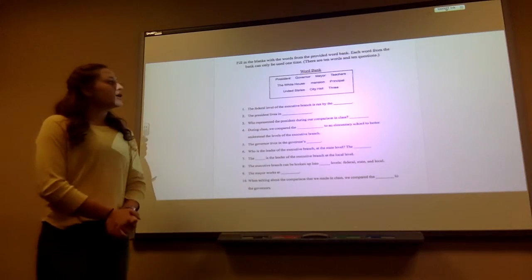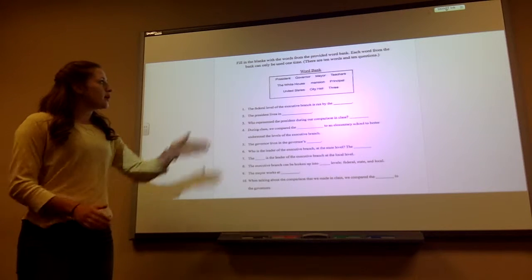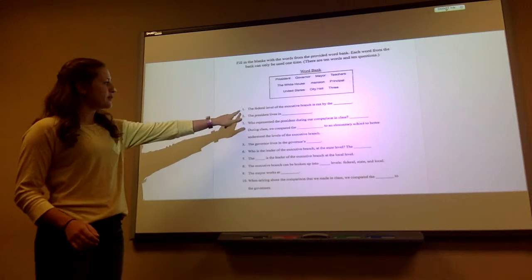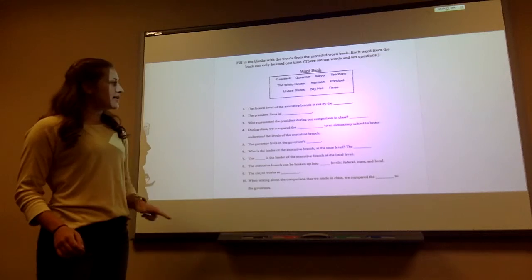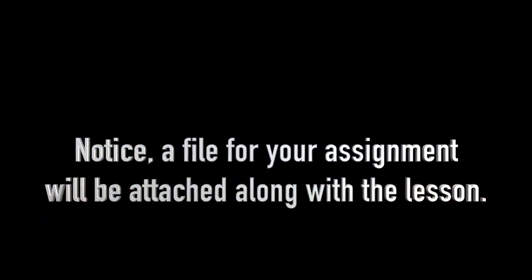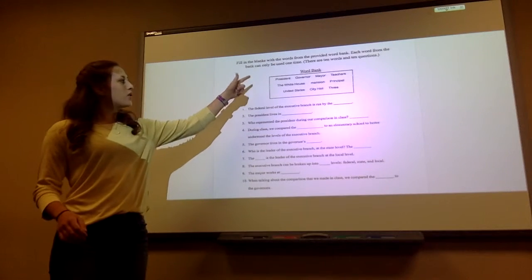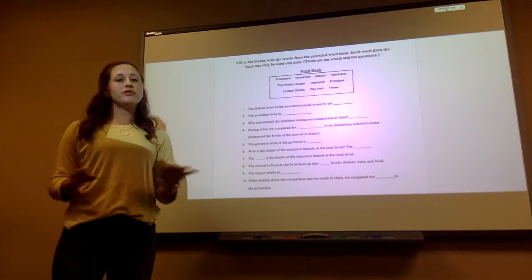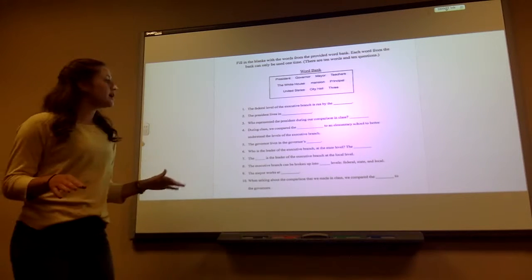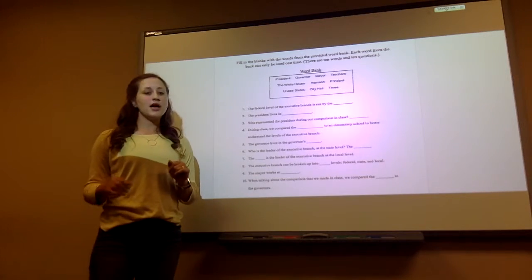Okay, here is your assignment. If you can write this on your own sheet of paper, you just have to number it 1 through 10, and then just write what the blank would be. You don't have to write the entire sentence. I provided you a word bank with the terms, so there's no need for you to misspell anything. I need for you to have this done by the time you get to class.